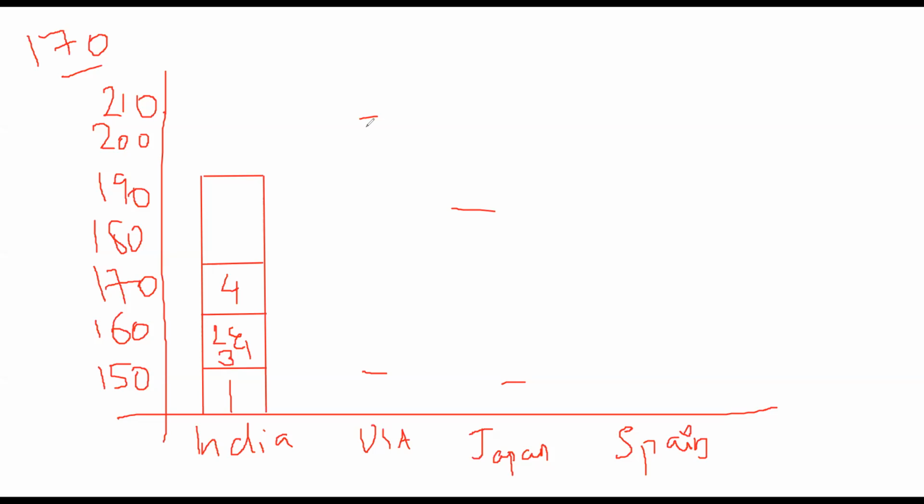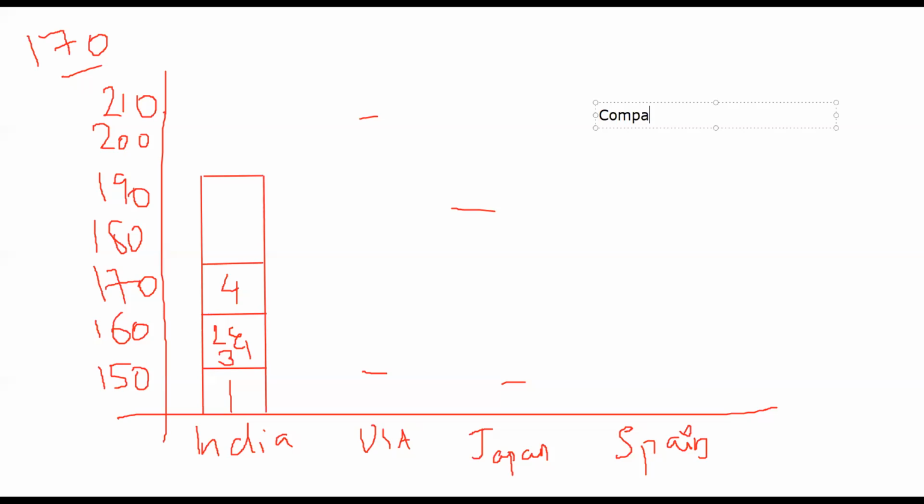Okay. I hope you are following along how a multiple bar diagram works. This is a multiple bar diagram. Okay. This is called a multiple bar diagram. Now we have something called a component bar diagram as well. Sorry, this is a component bar diagram. Multiple bar diagram ऐसा रहता. I got confused in their names. This is a component bar diagram.